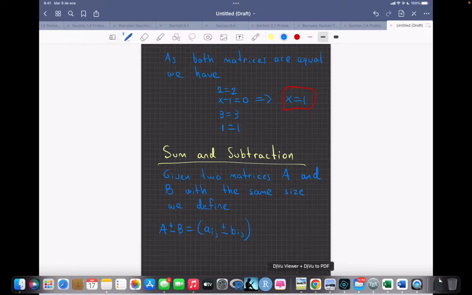So given two matrices A and B with the same size, we define the sum and subtraction of the two matrices. How? Only add or subtract the corresponding entries. It's that simple. For example,